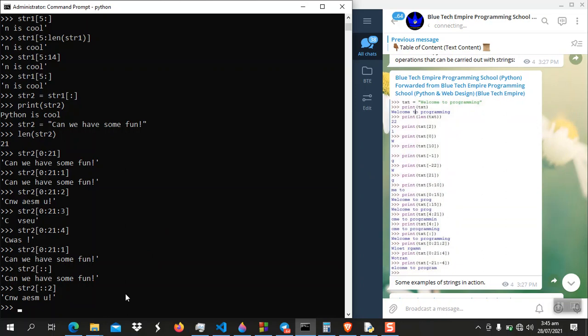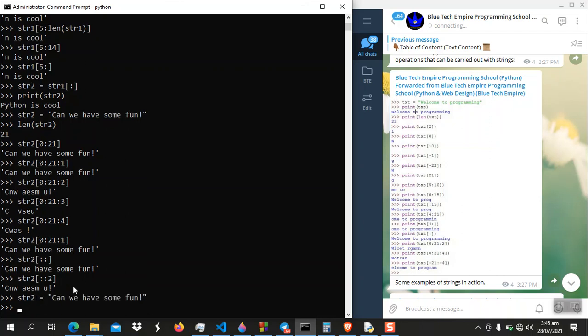Now, don't forget you can also use negative values for index. For example, we have a string like this. Can we have some fun? str2. Let's say now we want to extract from, we want to reverse the string, or in fact, let's start first with negative indexes. Now if we want to start from the beginning, all right, so let's say we have